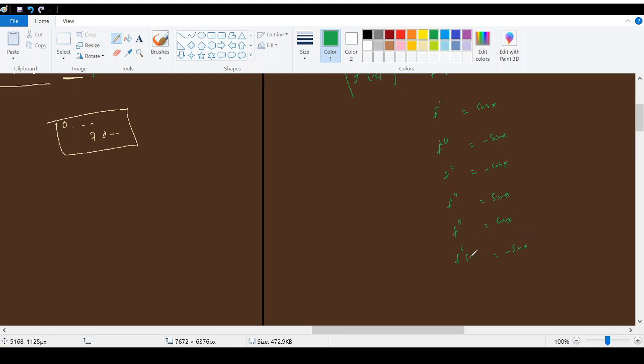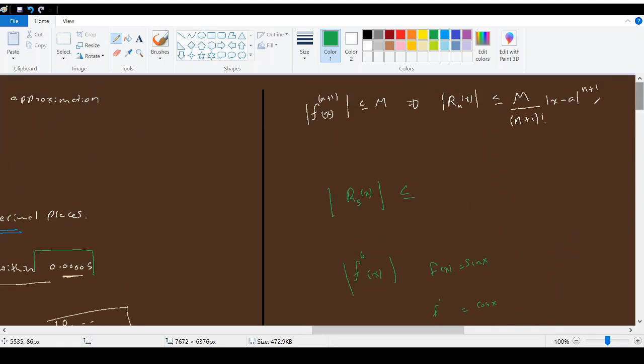So anyway, it interchanges between sine and cosine along with these negative coefficients. But if we take the modulus of f6 or any other derivative, you can see that it is the modulus of this sine or the cosine term. So definitely all these derivatives will be less than or equal to 1. Hence we have that the sixth derivative of f(x) is less than or equal to 1. Therefore we can consider 1 as our M in the inequality. Therefore we have R5 less than or equal to 1 divided by 6 factorial times x minus